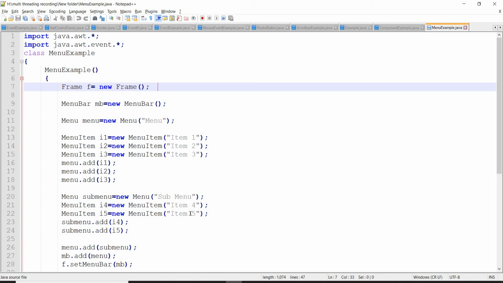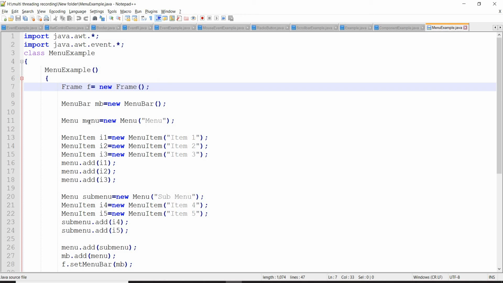Item 4, item 5 are added to the submenu. Okay, 4 and 5 are added to the submenu, and this submenu is added to the top menu. See, submenu dot add of I4, I5, then add this submenu to the top menu.